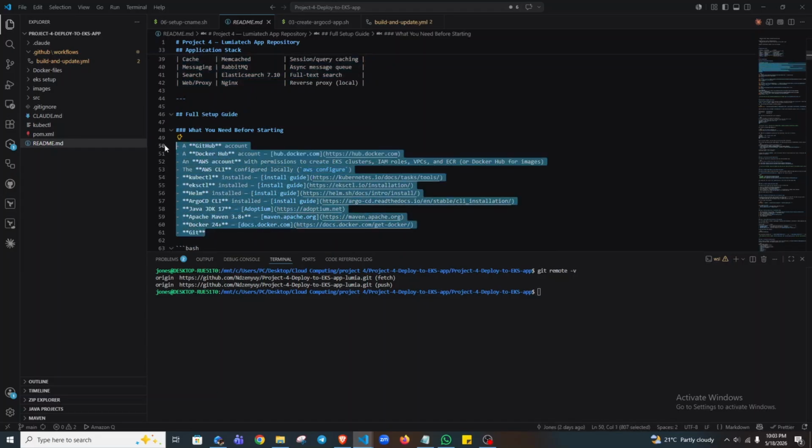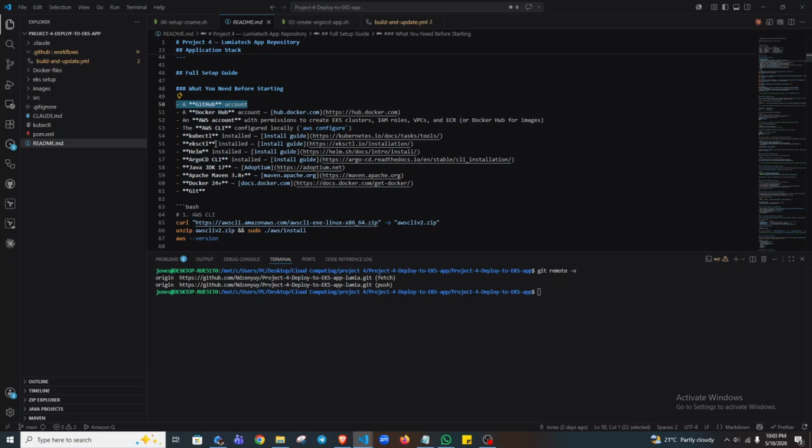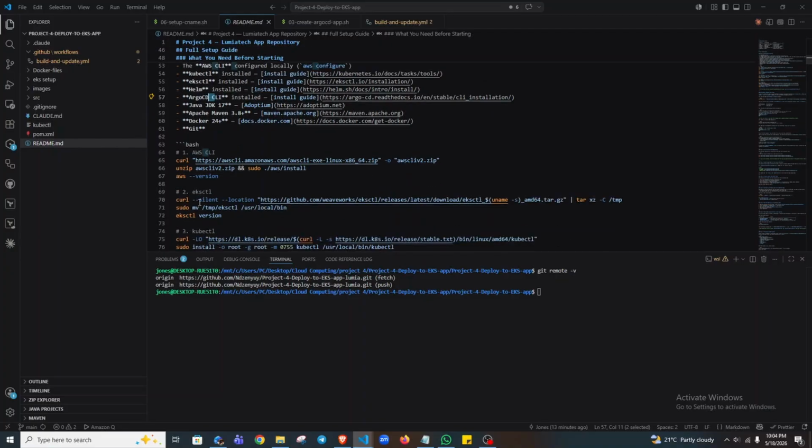Okay, so now for the full setup guide, this is what we need to get serious about, and be intentional about what we are going to be deploying. So first, we need a GitHub account, we need a Docker Hub account. If you don't have a Docker Hub account, you just need to check all of these things and go and create them. Okay, so once all of these things are there, or if you don't have tools like AWS CLI, kubectl, eksctl, Helm, Argo CLI, Java, if you don't have these things installed,